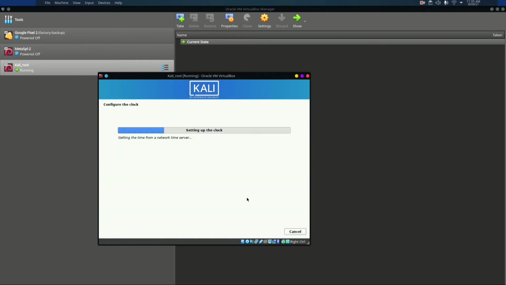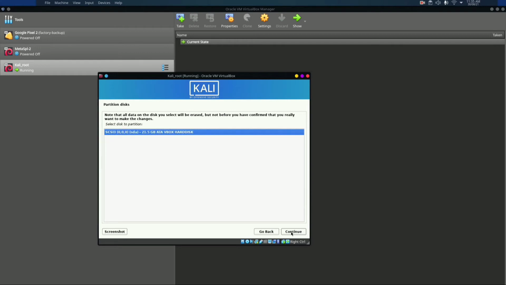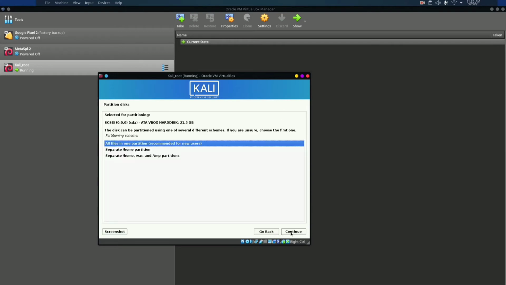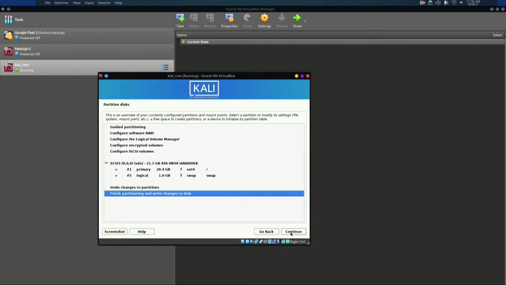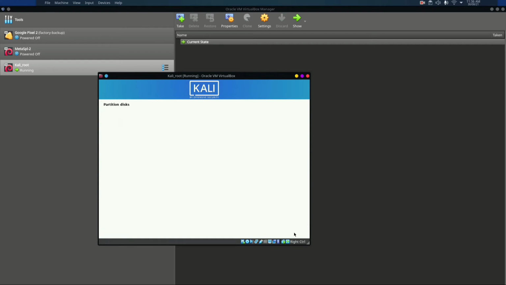Continue. If you are new to using Kali machine, just click on guided use entire disk and click on continue. Write changes to disk and click on continue.